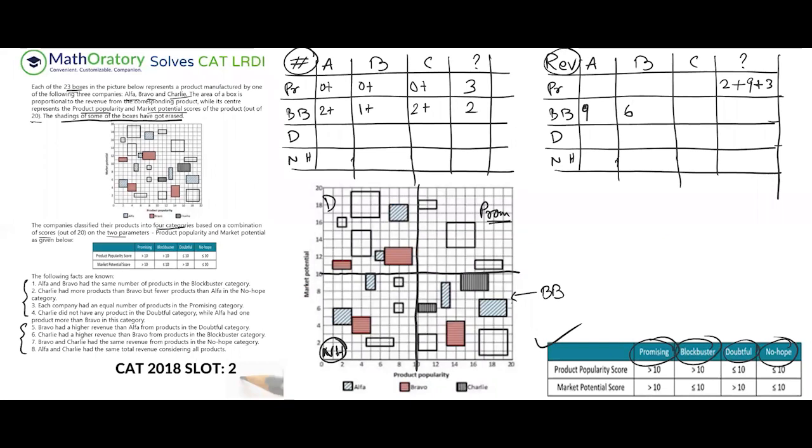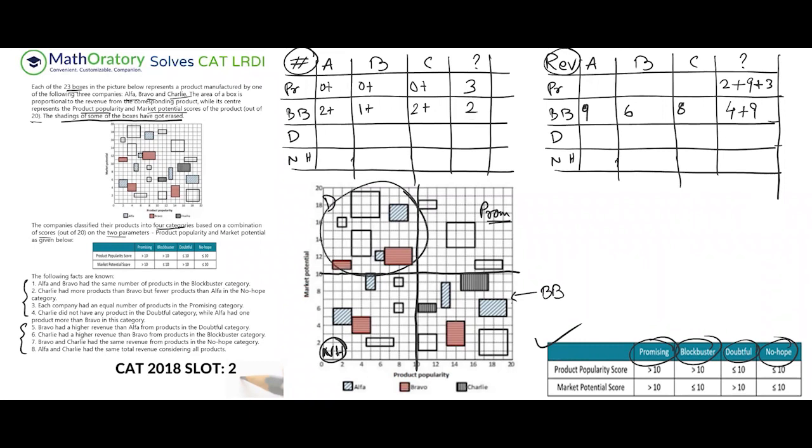So we have 2 plus 6, that is 8, the total revenue of C under the blockbuster part. The missing parts, now this I'm going to break. As I said, I need to know what are going to be transmitted. So this one has an area of 4, 2 into 2, and this one has an area of 9, 3 into 3. So we have 4 plus 9, just 2 parts. There are 2 products here missing. Okay, next one is doubtful.